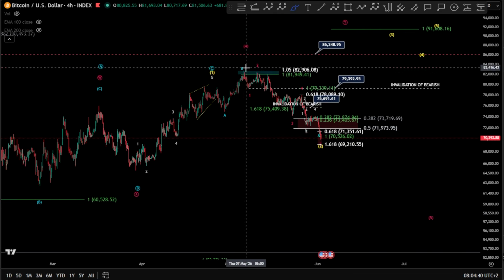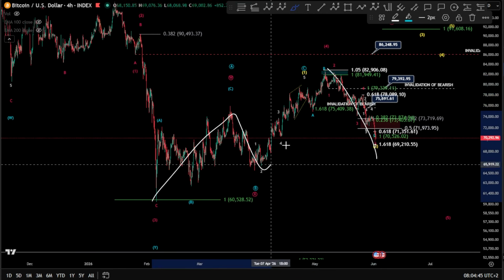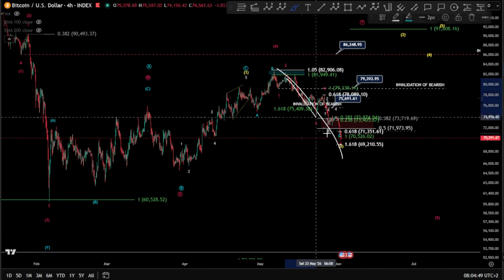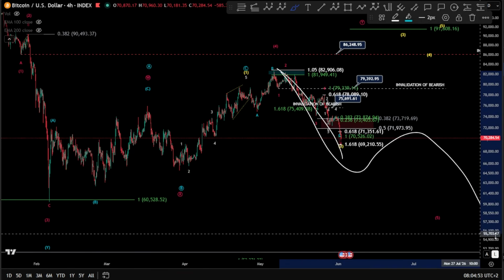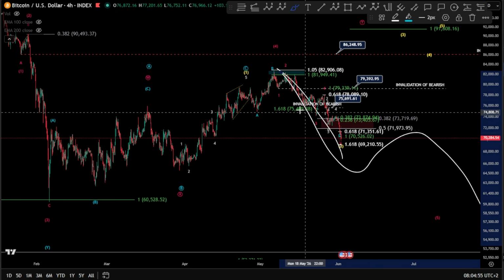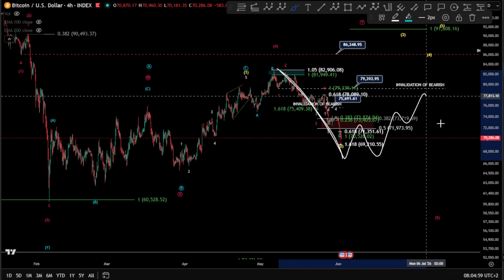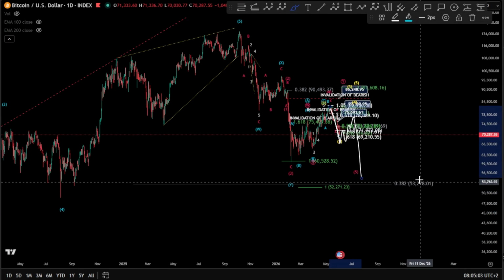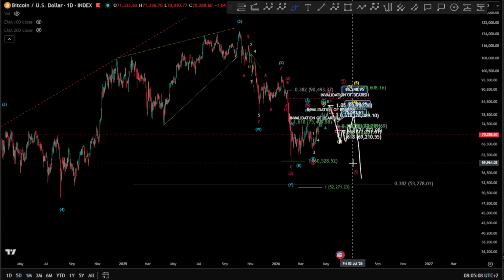Now, basically, since you have finished an impulse there, don't forget that we are looking at a W, X, and a Y here, finished wave B, or let's say 3 waves simply, and we're looking for other 3 waves toward the downside. And that means, of course, if this is your wave Y here in W, X, and Y, and that means, of course, this is an impulse, we might get a correction and then another impulse toward the downside again. For Bitcoin to reach our 0.38, don't forget this is a minimum requirement fib level for wave 2, but